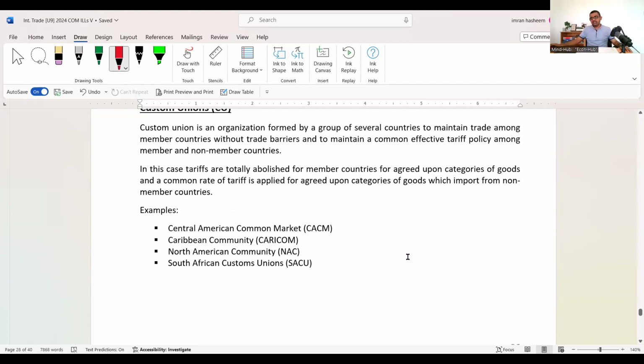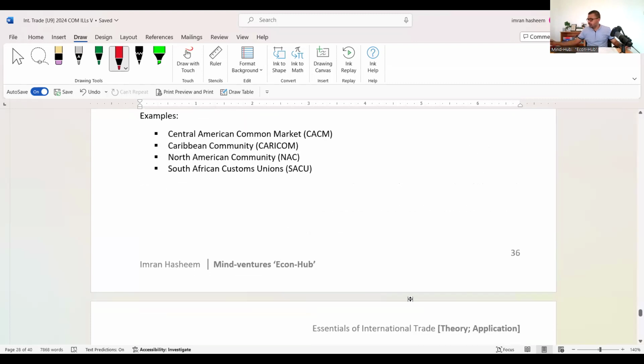Examples are given: Central American Common Market, Caribbean Common Market, North American Community, then South African Customs Union. Some examples are given. So you guys are clear on this, right? Then we move on to,